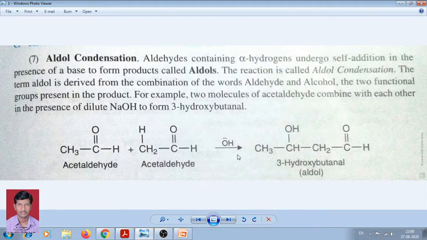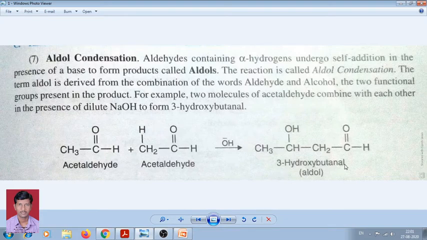The role of base is important in the condensation reactions. And which product is obtained? Aldol. After the self condensation between compounds containing alpha hydrogen in the presence of a base, that is sodium hydroxide, we get